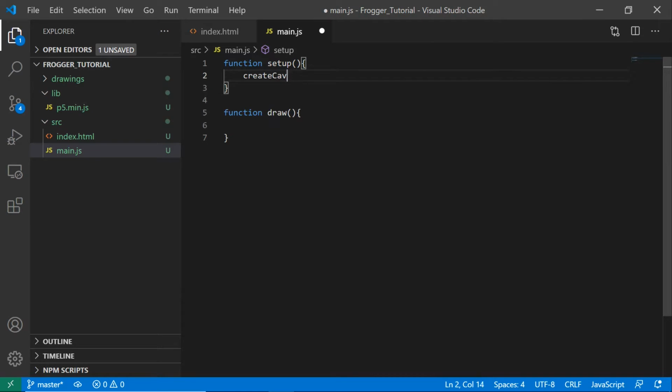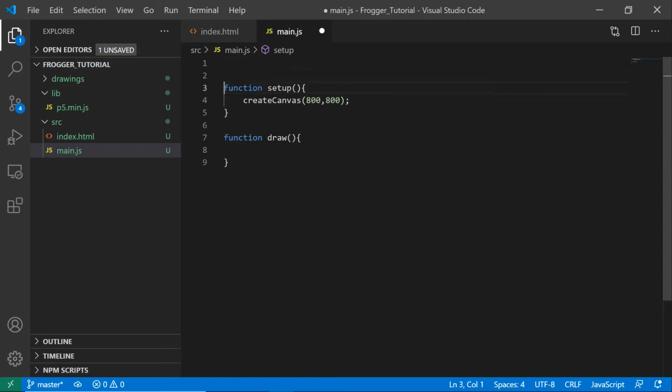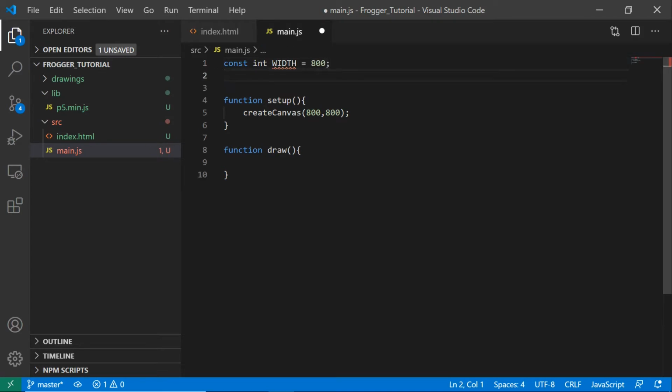Okay, now for now, let's make it 800, 800. Now we could define some constants and call it at the top and then use that for math, which we will eventually do. Actually, no, we'll do that right now. So we'll call it const width, and that's going to be 800. And we're going to also have